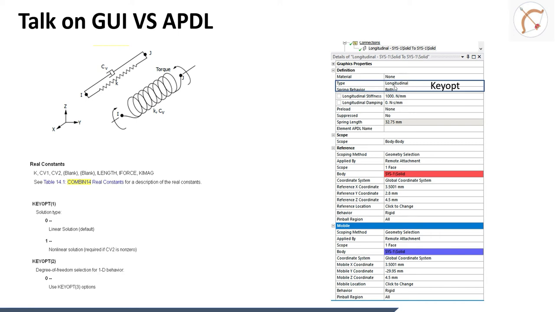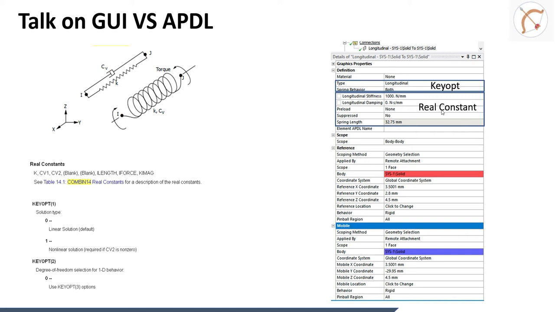In case we want to model a torsional spring, there is still a beta option that we can use to define a torsional spring. The spring behavior can also be controlled; both tension only and compression only types of spring can be defined from the GUI. Then we will see some values that are actually required. These values are mainly transferred to APDL through real constants.